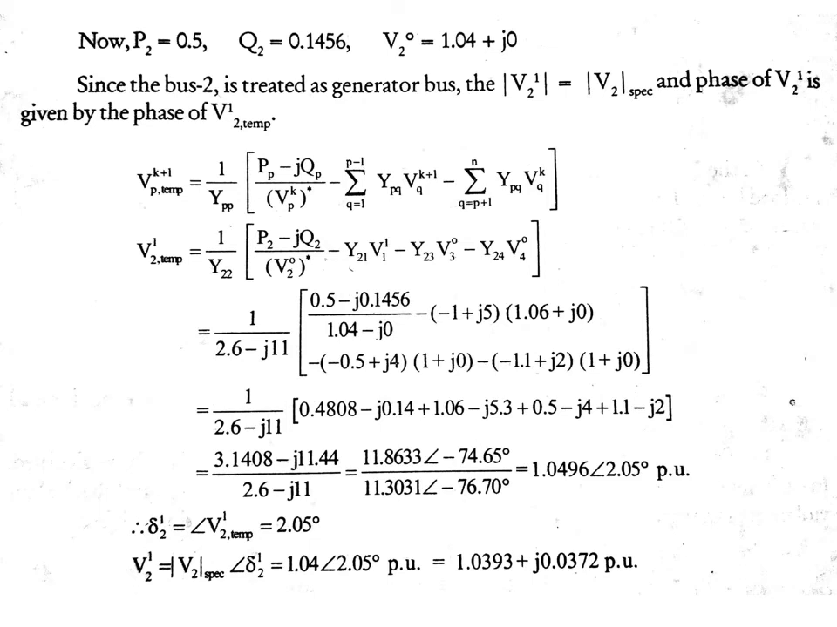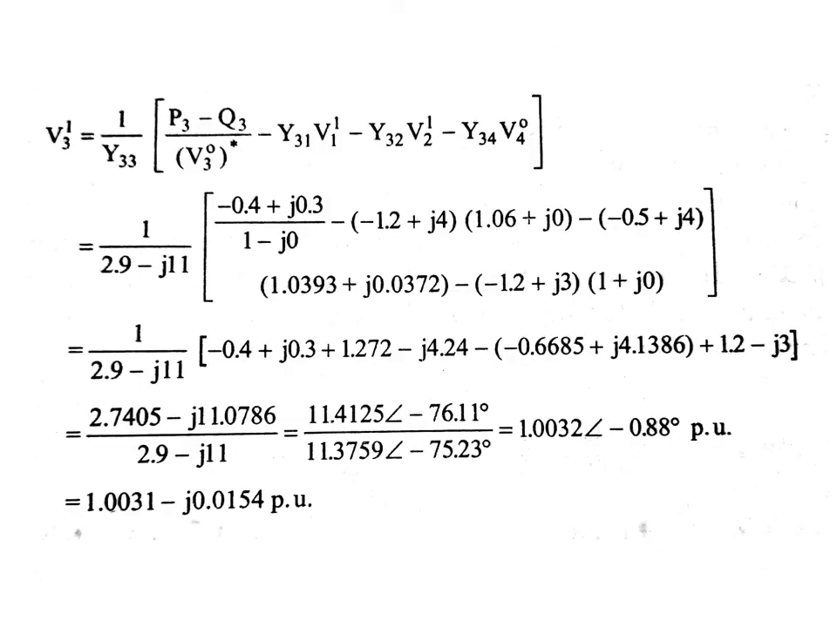Therefore, at the end of first iteration for bus 2, we have obtained the voltage magnitude as well as the angle as 1.04 angle 2.05 per unit. The bus 3 and 4 are load buses. The voltages of load bus are also calculated using the same method. Just substitute P equal to 3 and P equal to 4 in the equation for voltage, and you can find